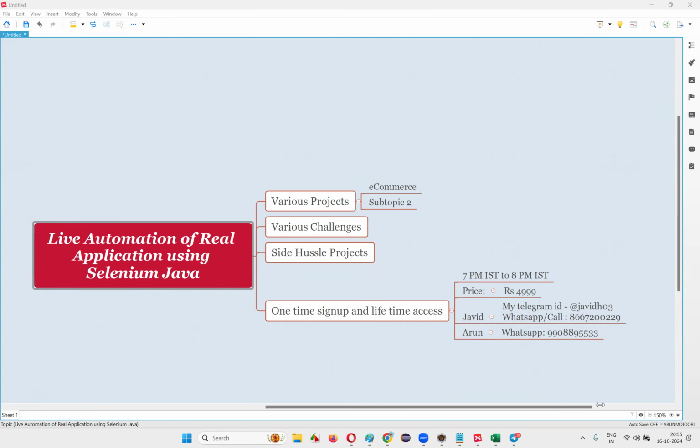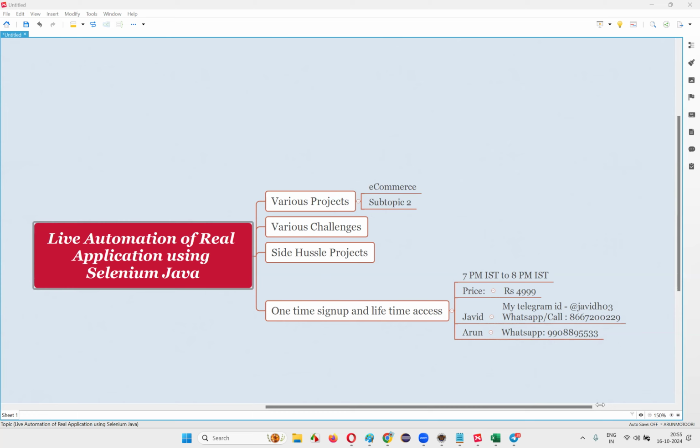So you mean every day we can access that recording post 9 p.m., correct? If possible. Sometimes it may get delayed, because the recording will take some time to get saved on my machine. Exactly I cannot say, but most probably by end of the day or next day morning you will get it. Okay, thanks. I'll try my level best, sir, as soon as possible.